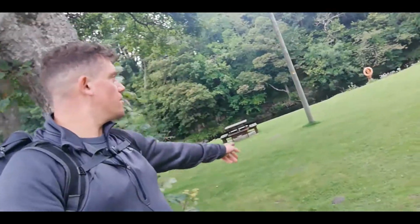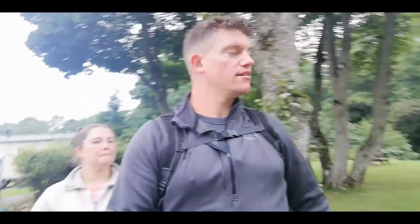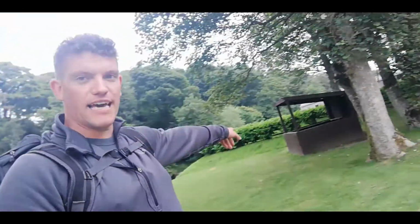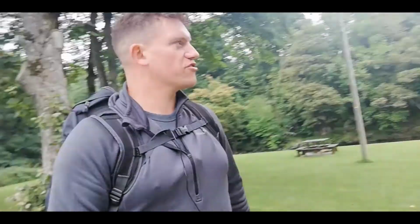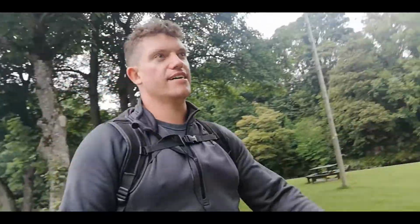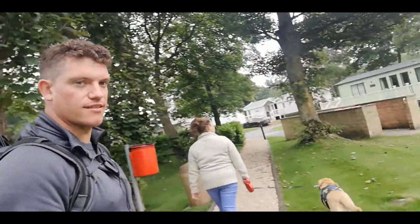And this is a beauty spot, isn't it nice, Becca? Yeah. You've got loads of seating here. You've got like a little hut there if you ever want to come out. Have some bait in the hut if it's lashing down. Gorgeous. Yeah, just follow the signs on the caravan site and it'll take you back into the public path next